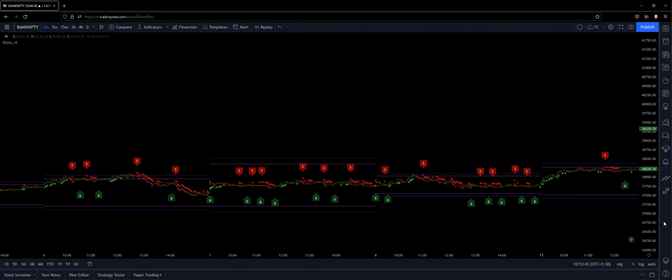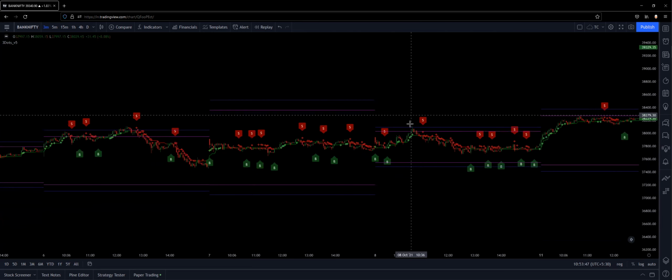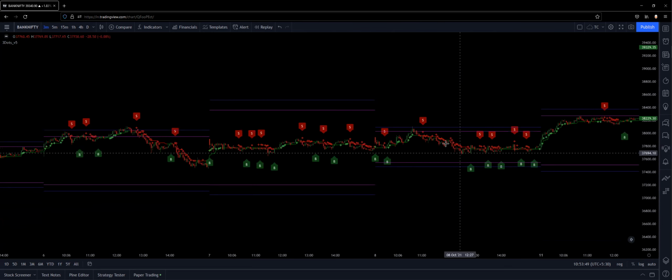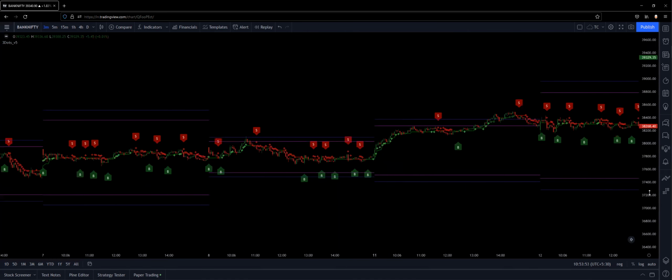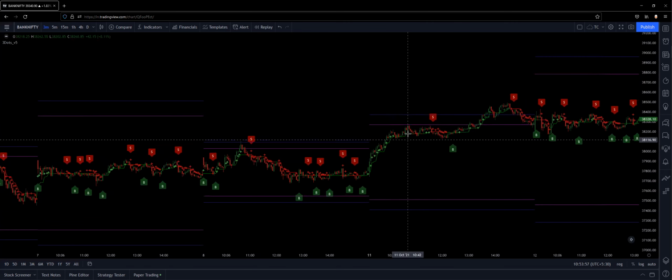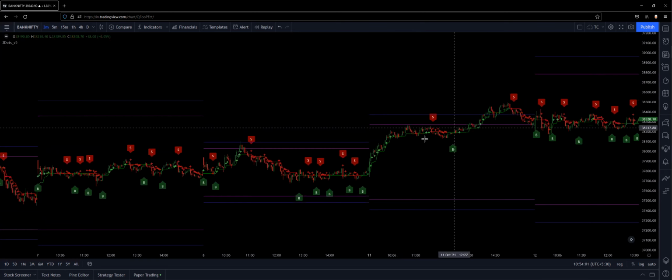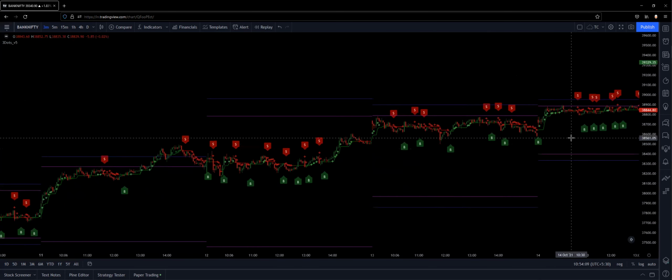See, this is a beautiful day, a complete sideways day, and it is beautifully acting as a resistance, right? That is the beauty of this indicator, and it's a huge indicator, I would say. It will give very precise levels for the resistance as well as the support. Once this starts breaking above, you can expect some good moves above the range track.